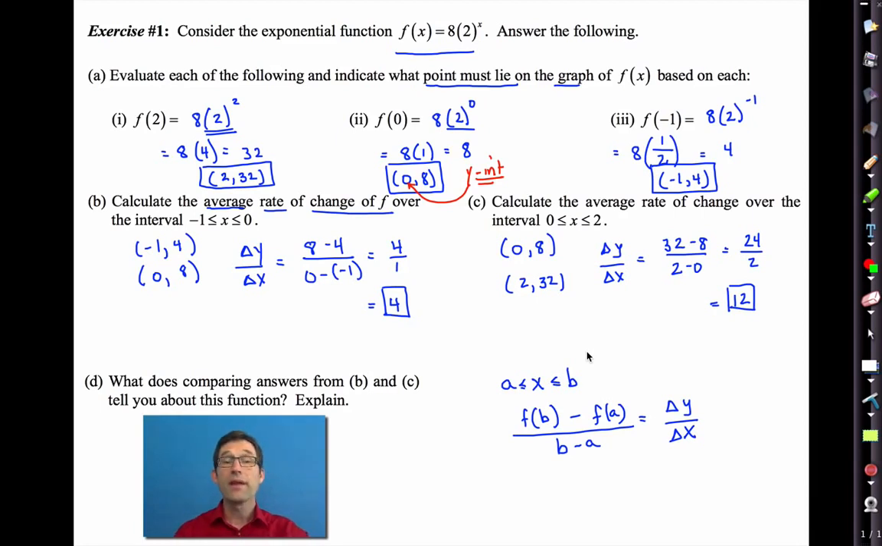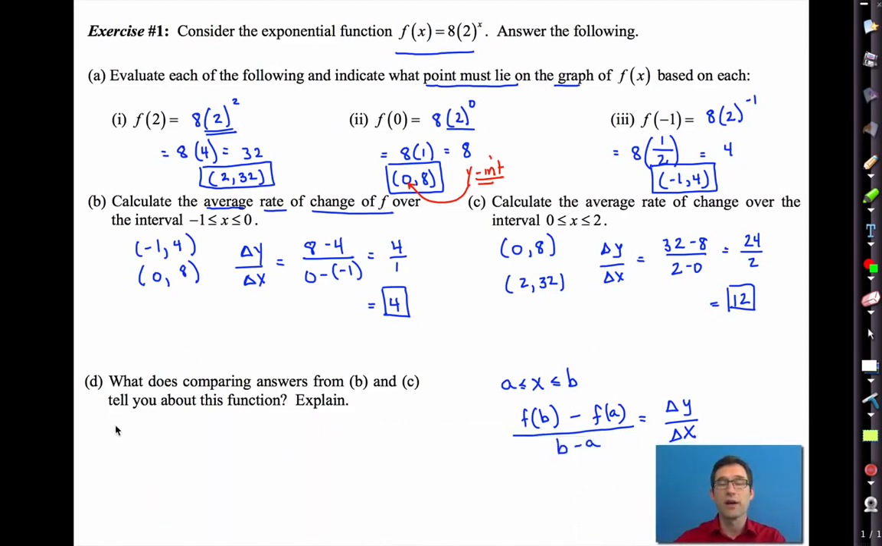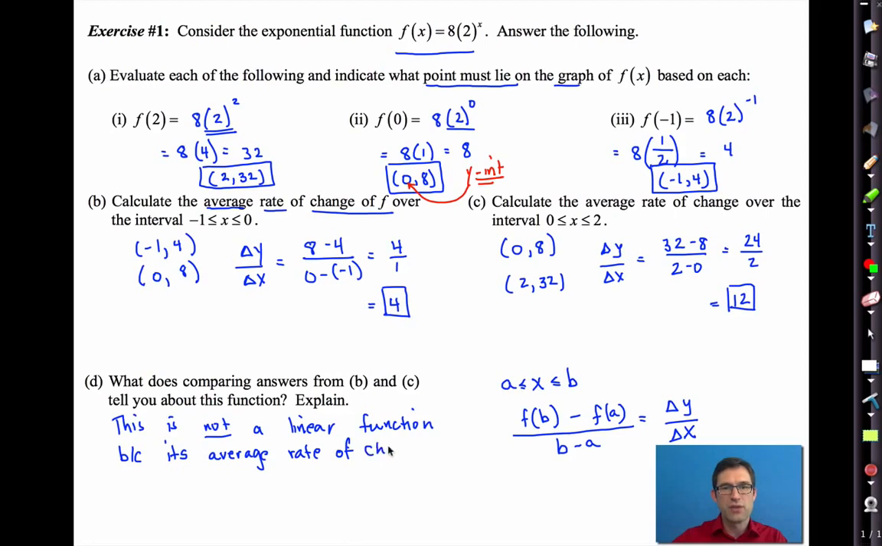All right. Well, it tells me one thing very specifically. It might tell us more as we get to understand exponential functions more, but it tells me one thing very specifically. This is not a linear function because its average rate of change, I wish that wasn't so long, because if its average rate of change is not